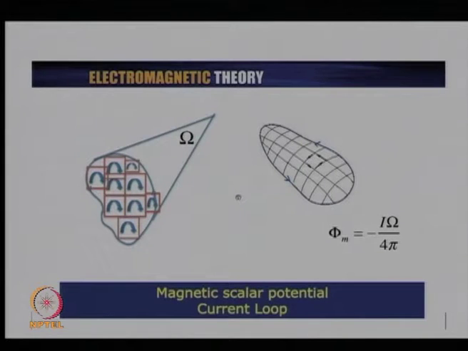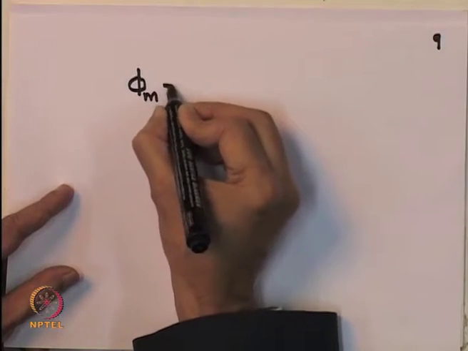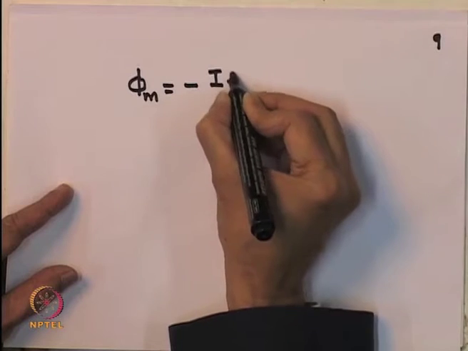And so, therefore, keeping in view that my discontinuity is supposed to be minus I, if I make one loop, which means if I go around it, the solid angle increases by 4 pi. So, therefore, my discontinuity should be minus I, and taking care of that, it tells me my expression for the scalar potential phi m should be given by minus I omega by 4 pi.